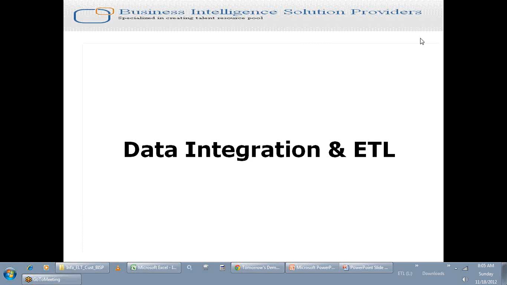I hope everybody is from somewhere or the other related to IT, and you've been working on some of the other technologies. So this being a demo session, I'll give you a background of what data warehousing is altogether, and where Informatica as such comes in, and why it is so famous, why do we have so many job opportunities,